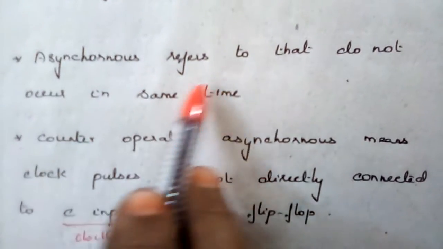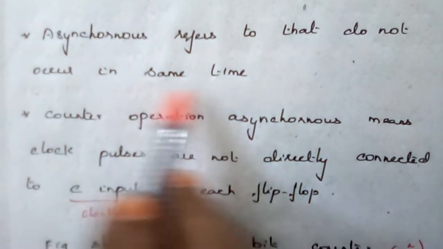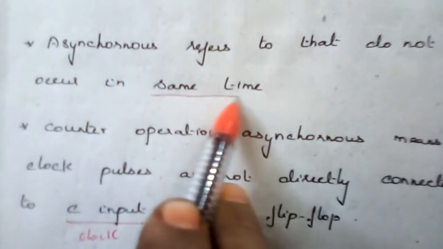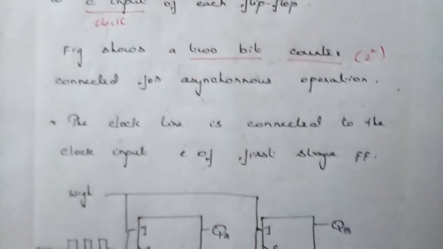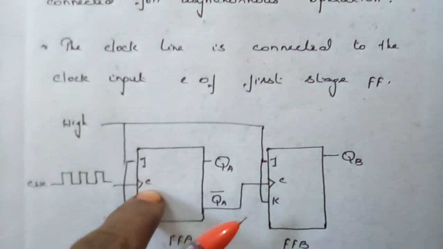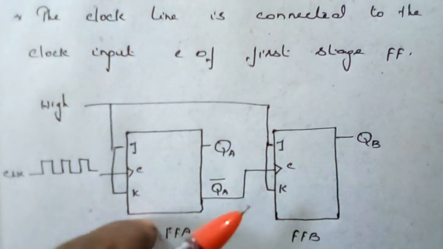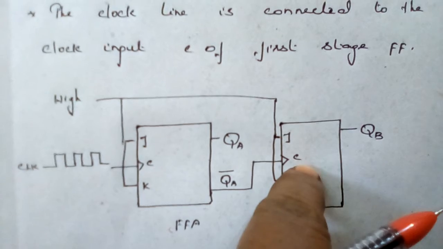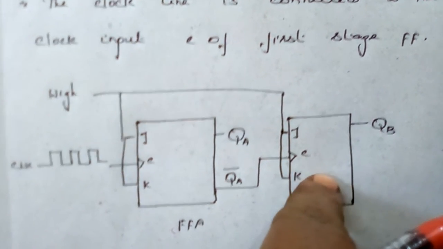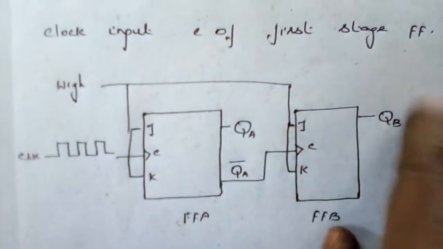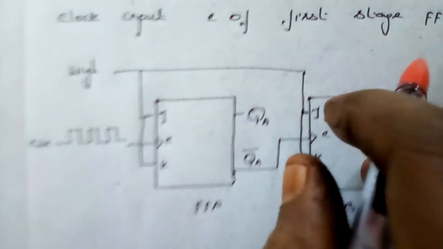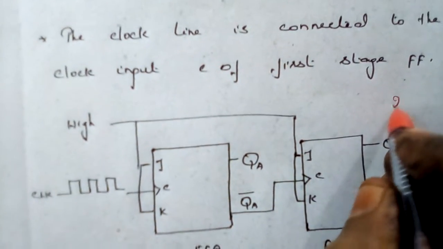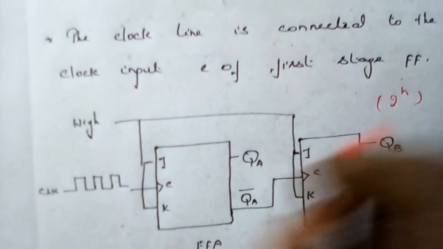As discussed earlier, asynchronous refers to operations that do not occur at the same time. That means switching does not occur at the same time. Here, for the 2-bit counter, two different flip-flops are taken. The clock is provided to only the first flip-flop. The output of the first flip-flop is fed to the clock input of the second flip-flop, and the counter bit